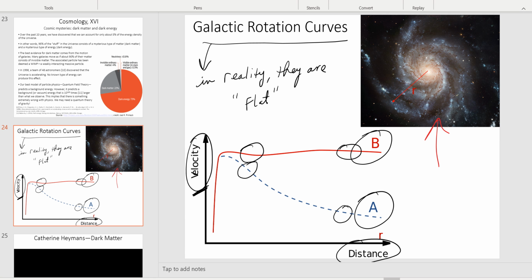Now, you might be inclined to think that the second one is not a good explanation, and probably we should look at our equations and figure out if they're wrong. That's a very reasonable thing to think. The problem is that no one has come up with any way of altering our equations of gravity to explain this phenomenon, but also explain all of the other gravitational effects that we see.